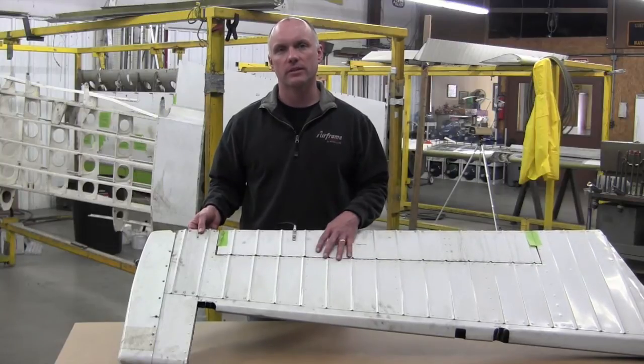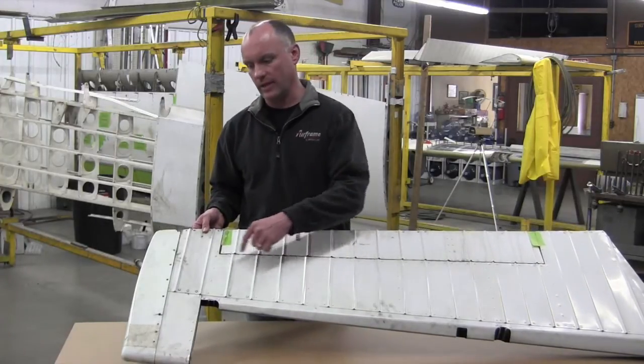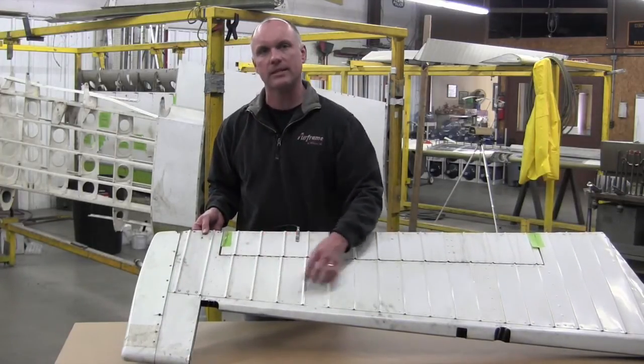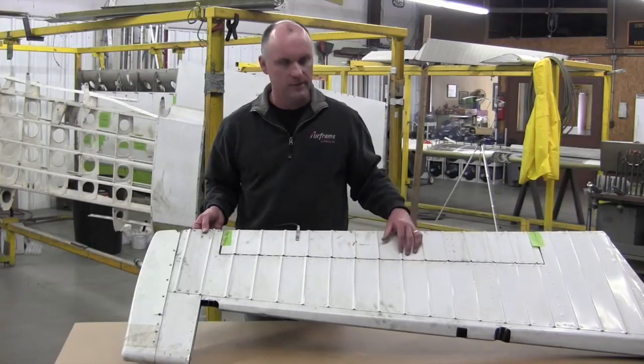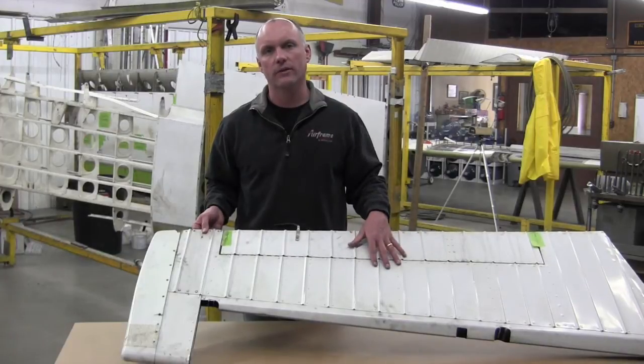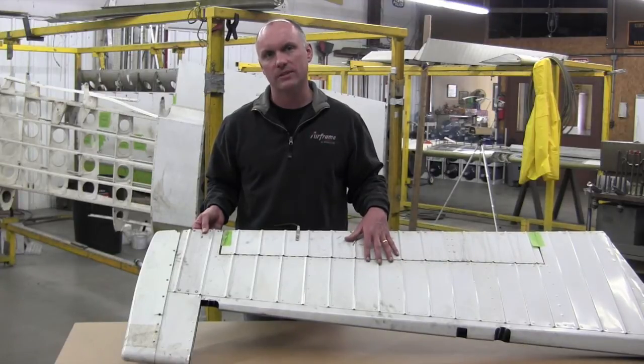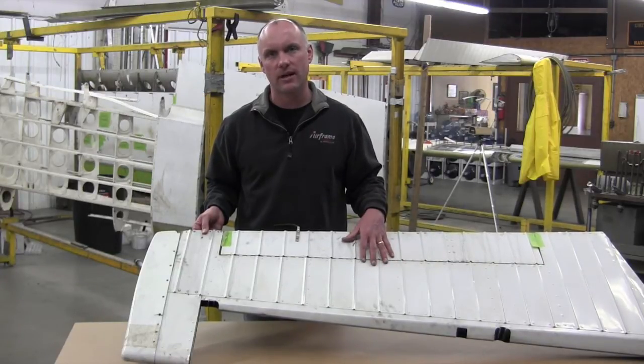Both service bulletins address the same issues, just two different service bulletins depending on whether you have an earlier aircraft or a later aircraft. On these service bulletins, we are going to be looking at the outboard hinge area and balance tab area of the elevators. This elevator I have in here is a right-hand elevator. This is used on all of your 182 aircraft, 1965 and later. This was used also on the early Cessna 206 and P206 series aircraft as well, with the small tail as